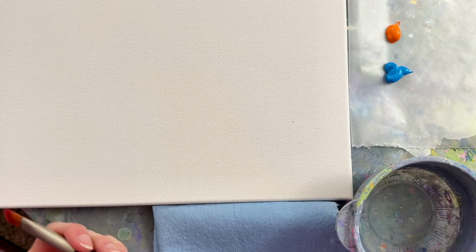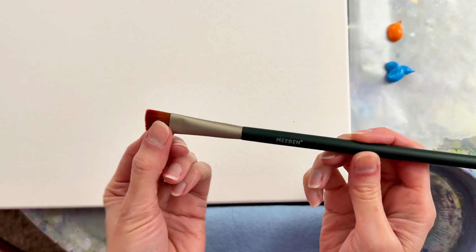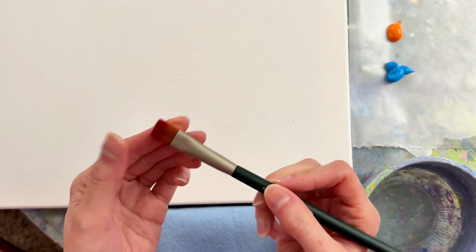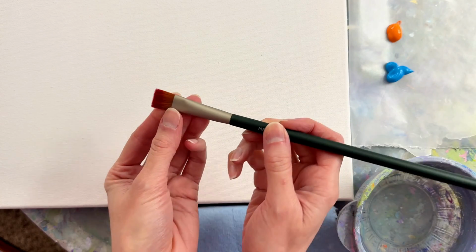I have my water right here. I have some shop towels. You can use any type of paper towels. And I'm using a 1/2-inch flat brush. This is a synthetic hair brush from Meeden, but you can use any type of paintbrush that you would like to make these. But I find that synthetic hair brushes are really soft, and so they make really nice, smooth